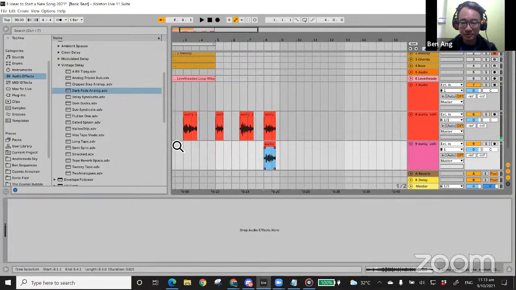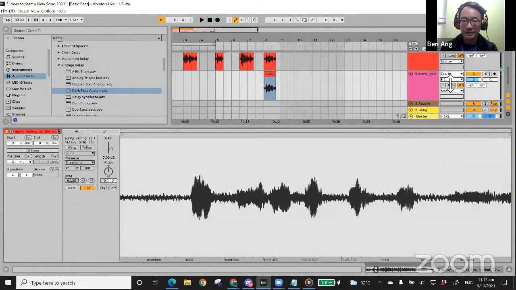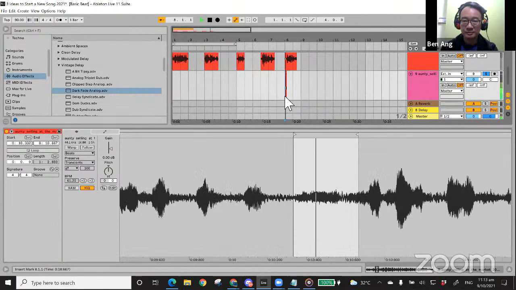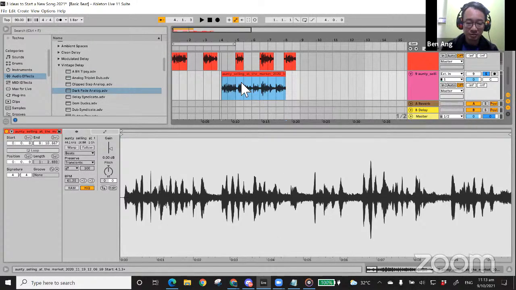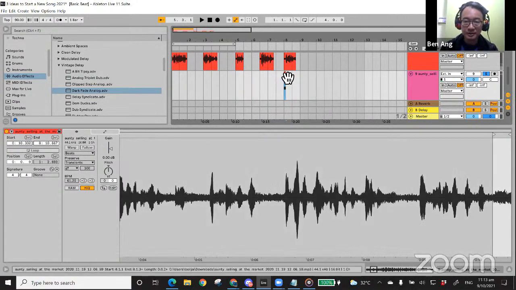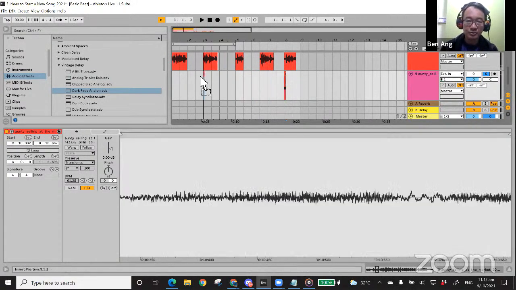Let's zoom in on this. It's actually right at the end, right? Solo it. So interesting. I want to take this and I want to change it into something that's going to give me, undo. I want to take it and I want to